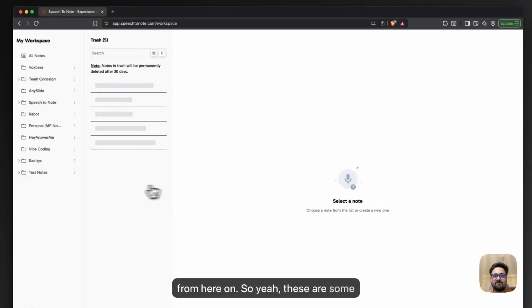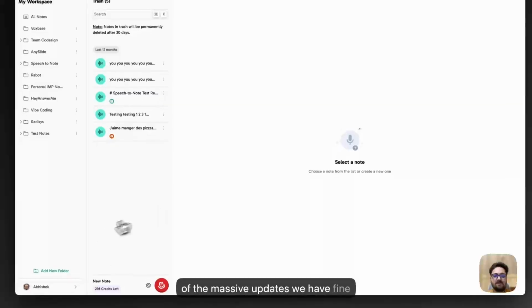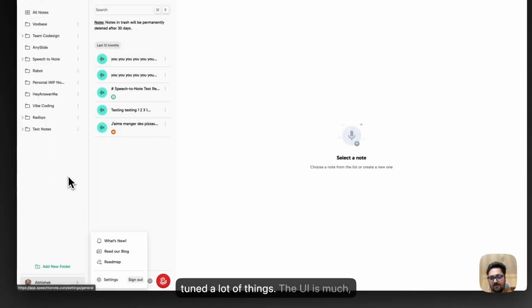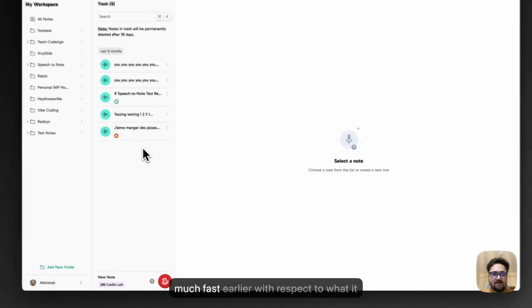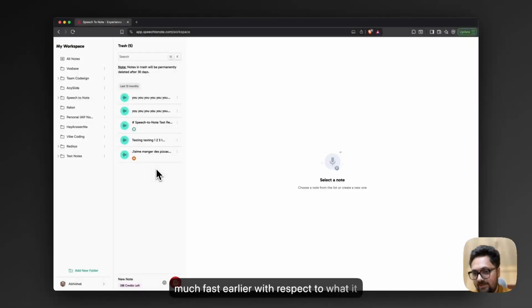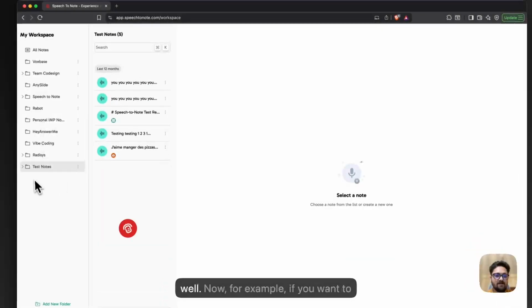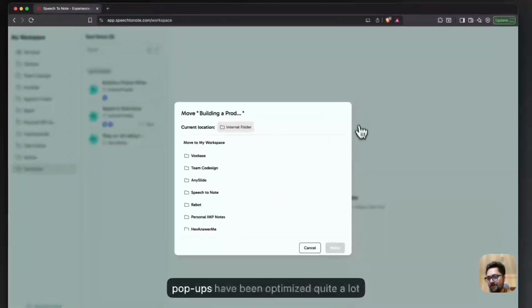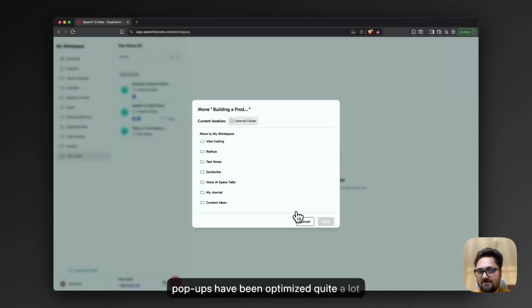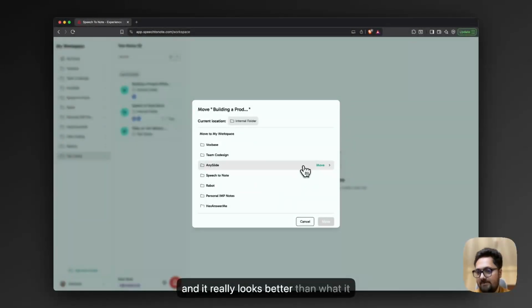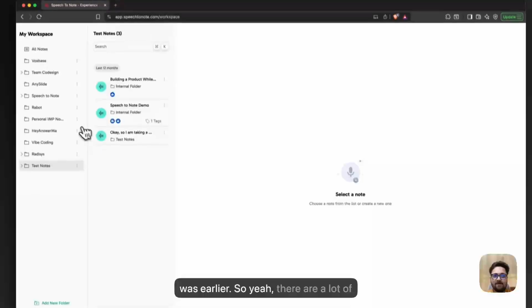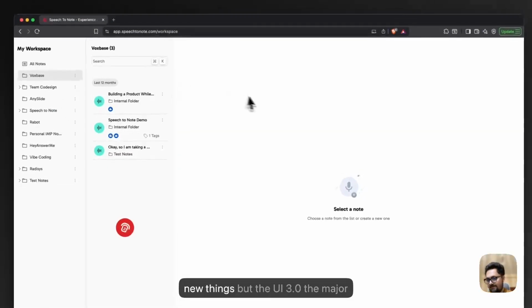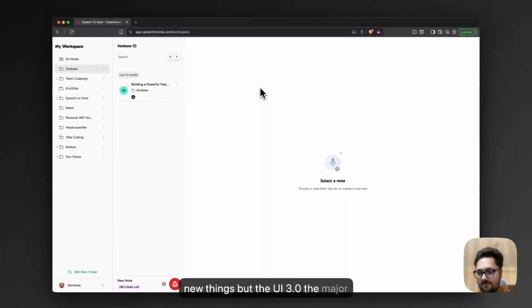So these are some of the massive updates. We have fine-tuned a lot of things. The UI is much faster than it was earlier, and it responds well. For example, if you want to move any particular note from anywhere to anywhere, the pop-ups have been optimized quite a lot, and it really looks better than it did earlier. So there are a lot of new things, but the UI 3.0, the major update for Speech to Note, is out,